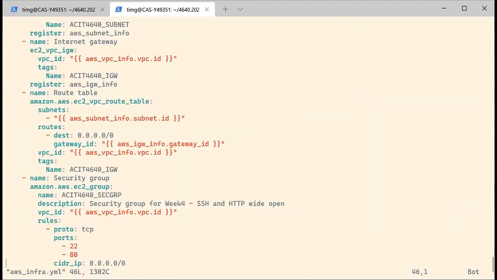Okay, so I've completed my security group as well. This security group takes a name as a parameter, so you don't need to add a tag by itself. It needs a description, VPC ID, and here what I did is just leave the traffic wide open on port 22 and 80 for SSH and HTTP access. So once you've done that, you should have a fully functional VPC in AWS with